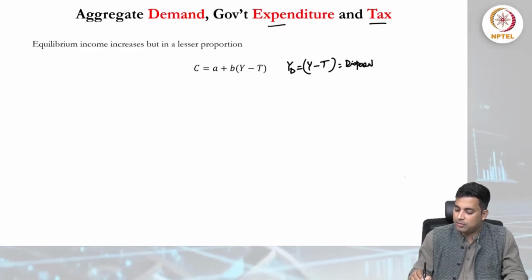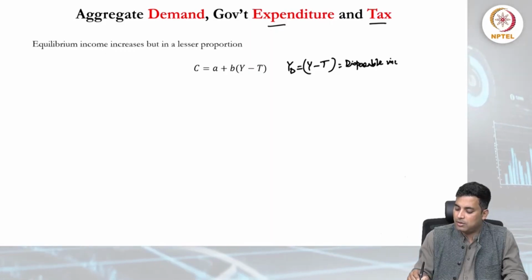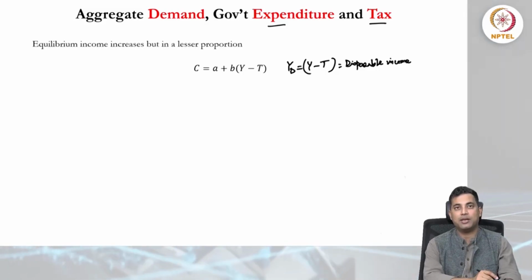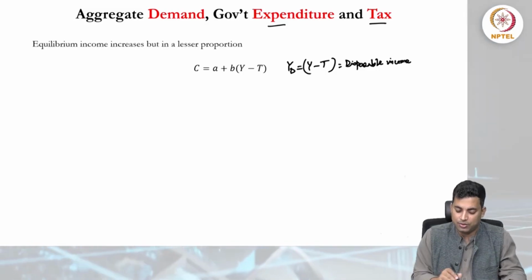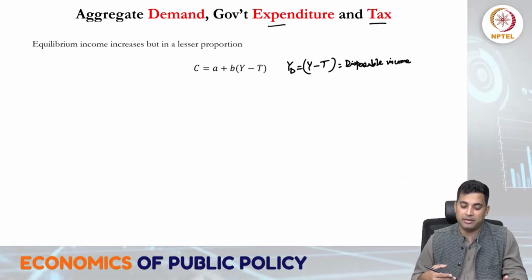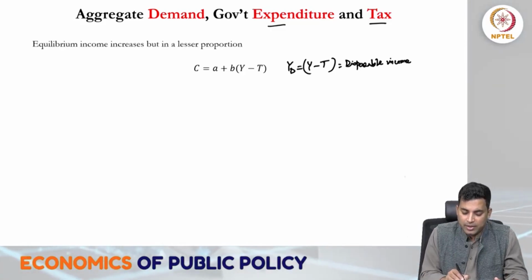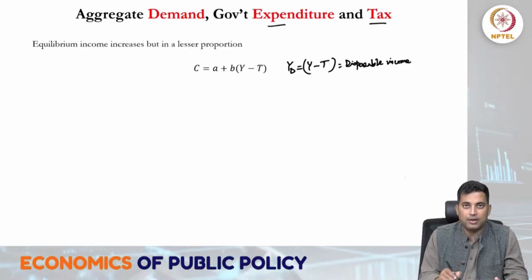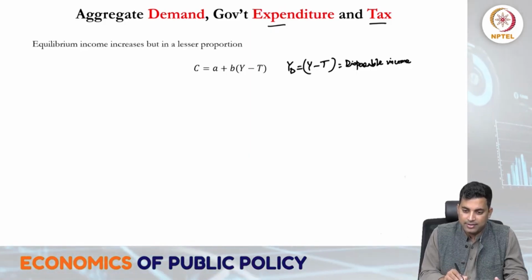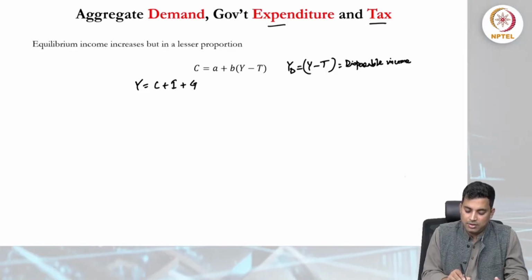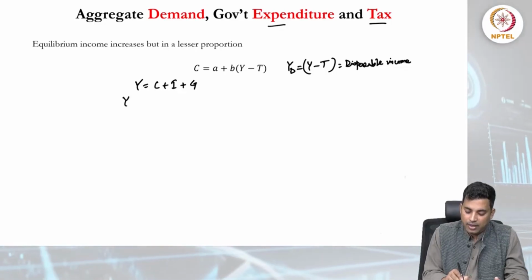So this is called disposable income. So C equals A plus B(Y minus T). Here, with disposable income, we can actually see the multiplier effect from this equation. So again we can put the value in the overall function, like Y equals C plus I plus G, and then